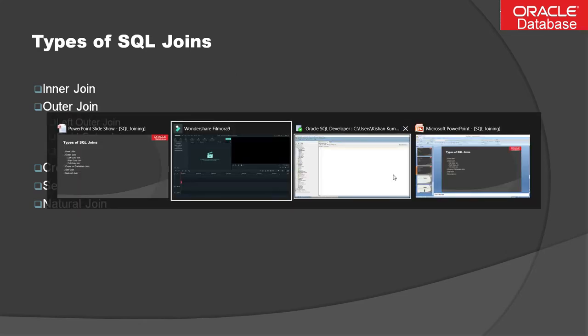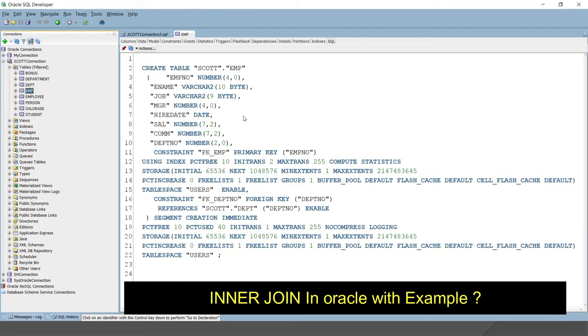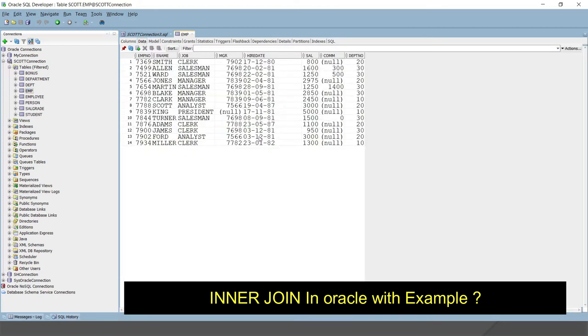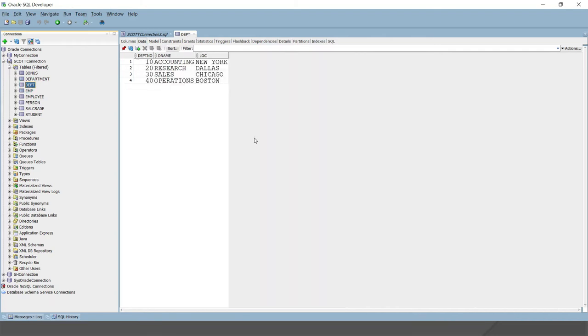So here is SQL Developer, and I'm going to make use of two tables for this demo. First, the EMP table. If you look into the data, we have 14 records in this table. Then the second table, DEPT, that is the department table.